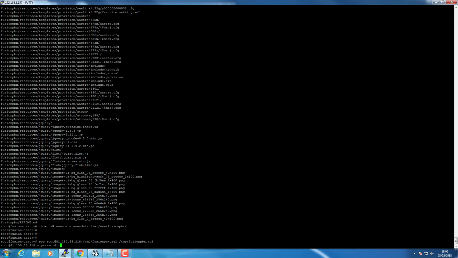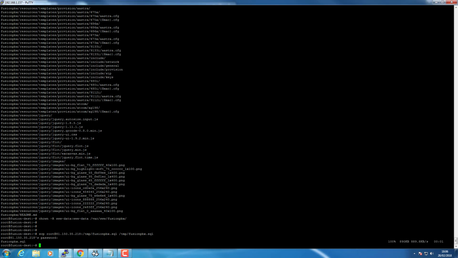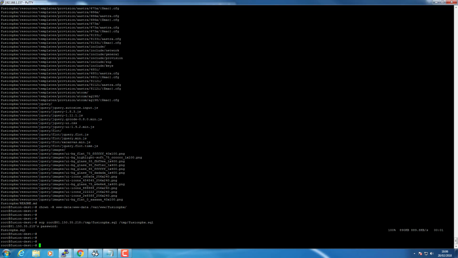That should be good. Right, that could potentially be quite a big one for you as well if you've got loads of CDRs and stuff like that. So we now want to su into postgres,